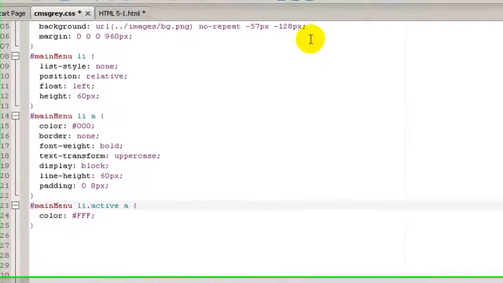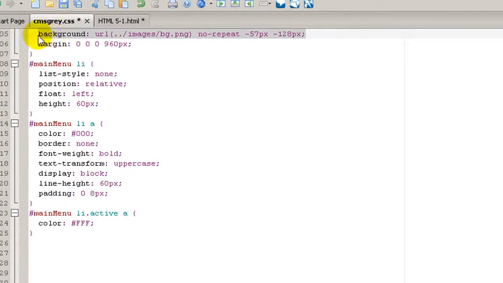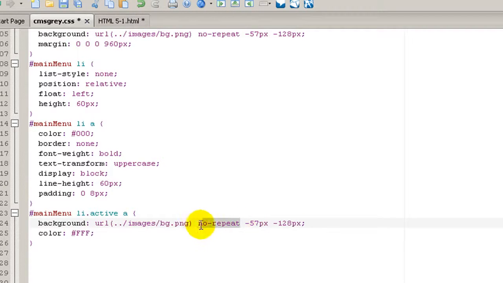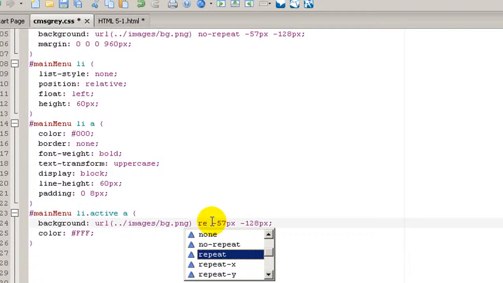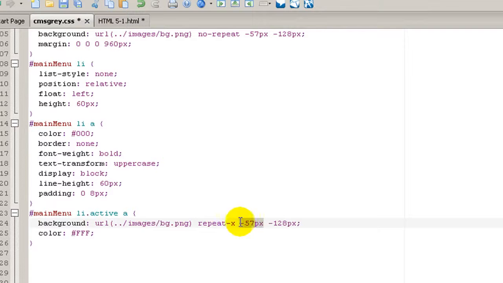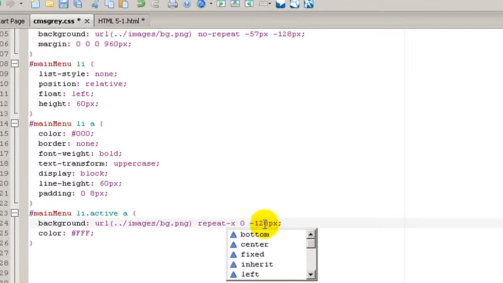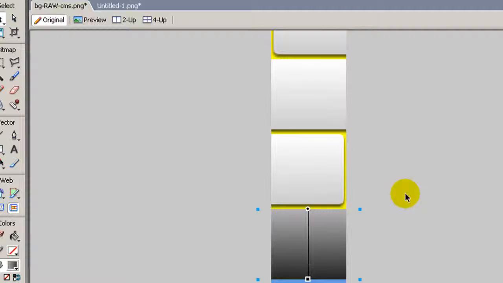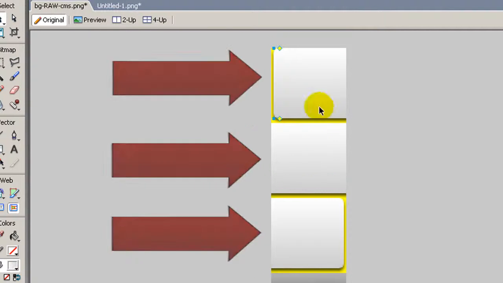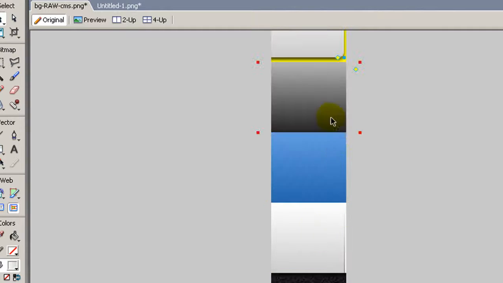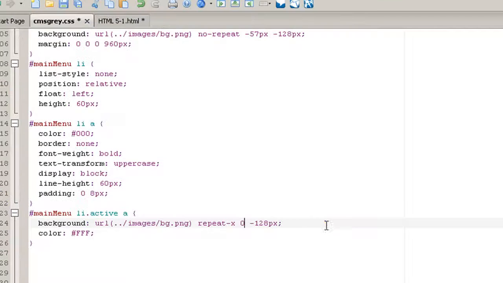The next step will be applying the background, and because we are going to keep using the same background, the bg.png, we are just going to copy this background up here and then paste it down here. Ctrl V, and we are going to change the no-repeat to repeat-x. The horizontal value will be changed to 0, and then the vertical value, let's go and analyze that. We are going to have 64 times 3, 64 in here, and this will be the image. So we are going to have 64 by 3, which will be 192. Let's go back and apply that